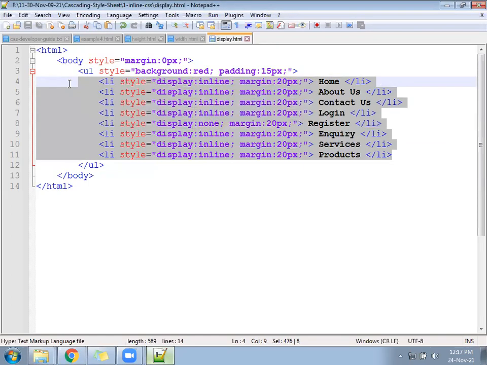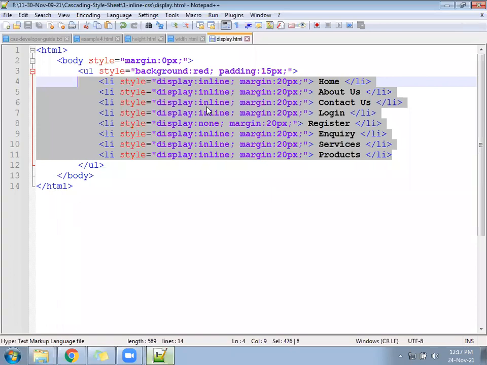Now suppose you wrote display inline today, and after 2 months the manager says display inline is not looking good here, do display block. Okay. Now what will you do? How many pages do you have to modify? 64 places. By mistake, while bulk updating, one place is missed, and something has happened. So next what will happen? The same work will go to the tester. Understood or not? The code is duplicate.